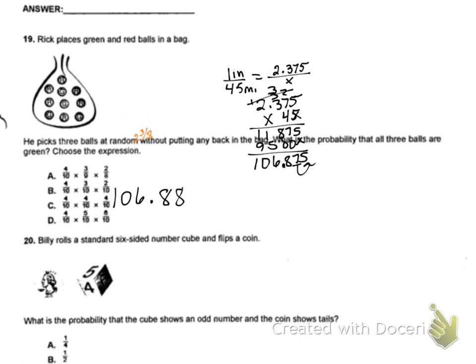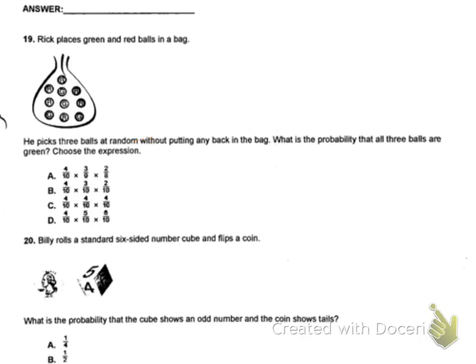Number 19. Rick places green and red balls in a bag. He picks 3 balls at random without putting any back in the bag. What is the probability that all 3 balls are green? Okay, so let's figure out how many are green. Let's see, there's 1 green, 2, 3, 4. So 4 out of